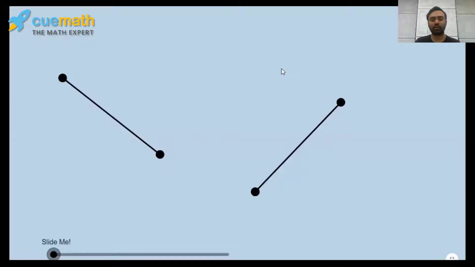Let us now see how can we use this concept to prove the congruency of line segments. So I'll show you a simulation based on which we'll conclude what is the necessary condition we need to conclude that two line segments are congruent. So right now, as you can see on your screen, these are the two line segments which we have taken. Let us mark this as AB and CD.